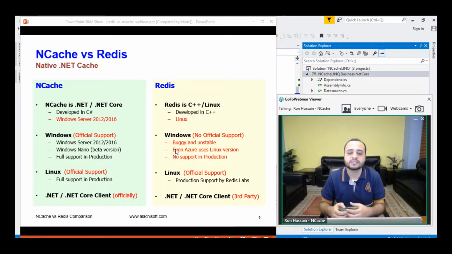We've rewritten and recompiled our code with .NET Core and made some enhancements using the .NET Core framework. It's available on .NET and .NET Core frameworks natively. It's fully developed in .NET using C#, and it allows you to deploy it on Windows as well as on Linux environments. In comparison, Redis is written in C++, so it's primarily focused